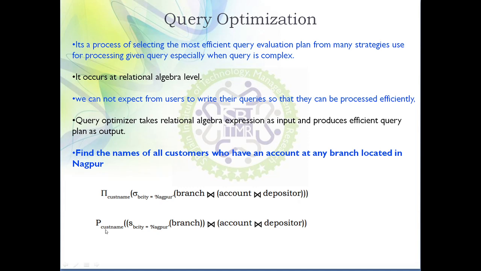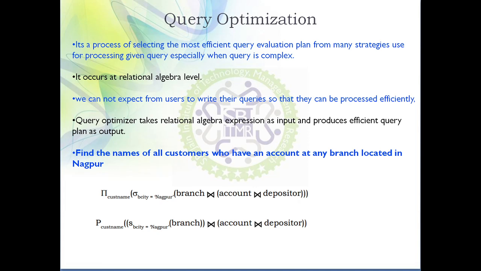But in the second query, see, it is a projection operation. By mistake, a P is written here, but actually it's a pi symbol. So in the second way, what is your observation? First of all, you perform the selection operation over the branch relation. Then whatever output you get, you keep it as it is. Similarly, the account relation is joined with the depositor relation. That output will be joined with the output obtained from the selection. And after that, you perform the projection operation. That means if you execute the first query or the second query, you will get the same output. Only the amount of time required to execute is different for query 1 and query 2.